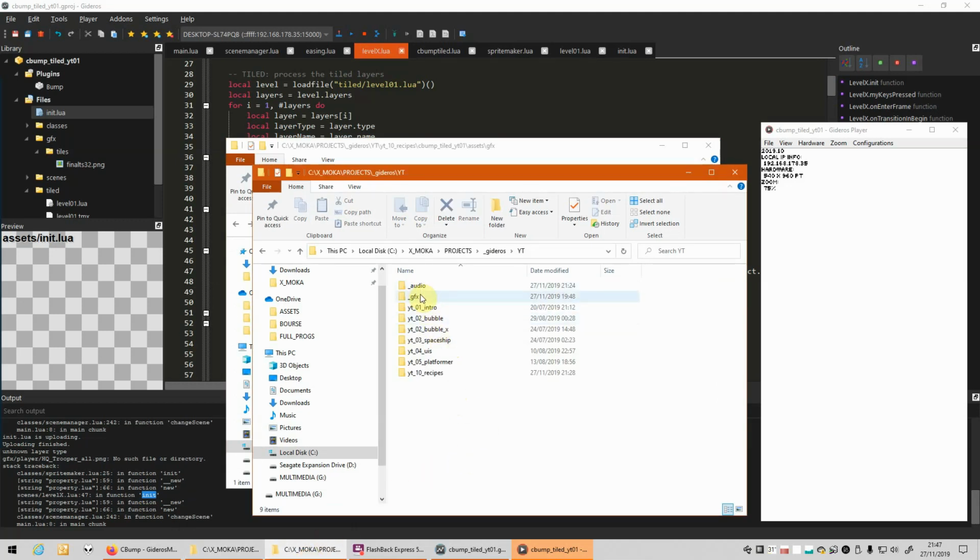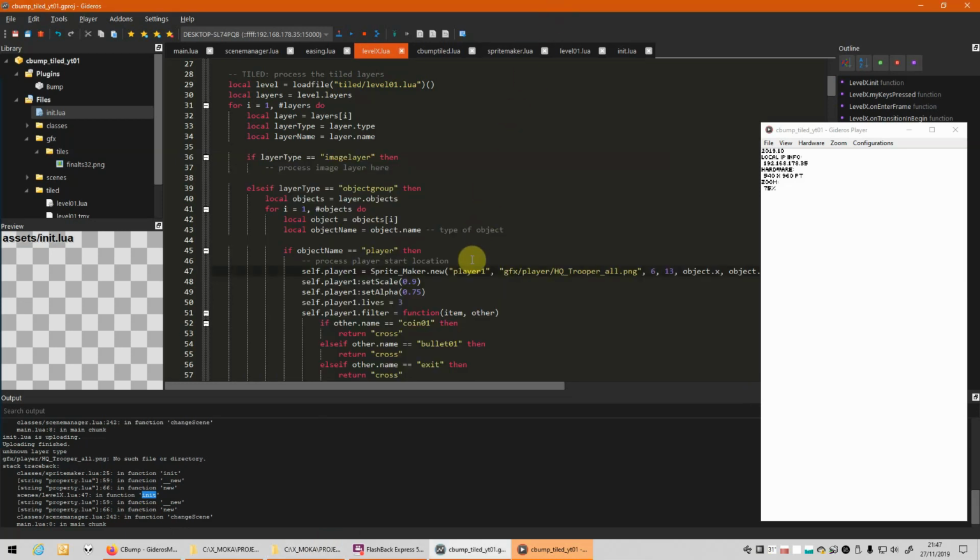create some graphics, and I've got some. So let's see what graphics we need. We need some graphics for the player, of course. So it should be located in the template. It's located at GFX folder player HQ Trooper. So you can create the same kind of directory so you don't modify it.